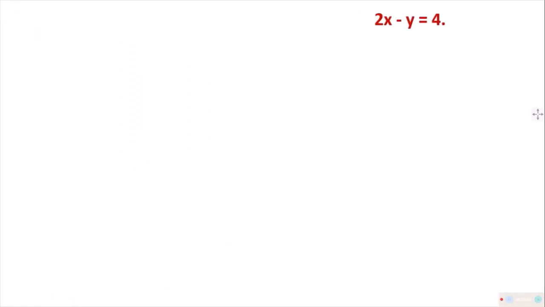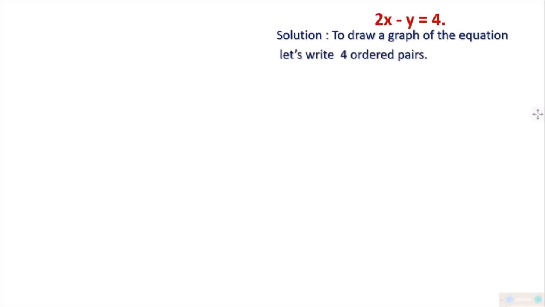This is a linear equation. Understood? This is a very simple linear equation which says 2x minus y is equal to 4. So my first attempt will be to place this linear equation on a graph paper. To draw this on a graph paper, you need to write it in ordered pairs. What is meant by an ordered pair? This I should explain to you first. Please remember, at least 4 ordered pairs are required. Pairs, you know, will be sets. Here the set is the x and y axis sets of a graph.